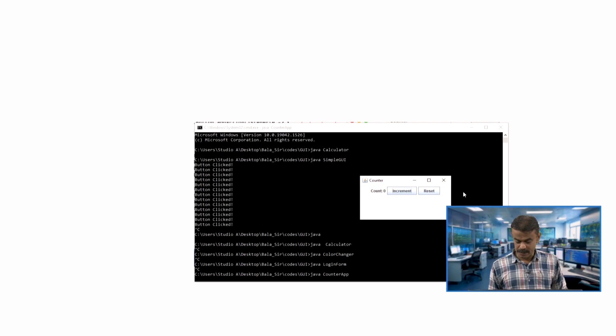Now we will click increment: 1, 2, 3, 4. You are getting everything. Now reset, it will reset to 0, and again increment, maybe up to 10, keep incrementing one by one. You can change your program, suppose you want to increment twice or thrice. I am also giving an exercise: try to print the prime numbers every time, next prime, next prime. Initially start with the first prime 2, write your code in the back end, and then find the next prime, and the next. These are all exercises that you can think of.